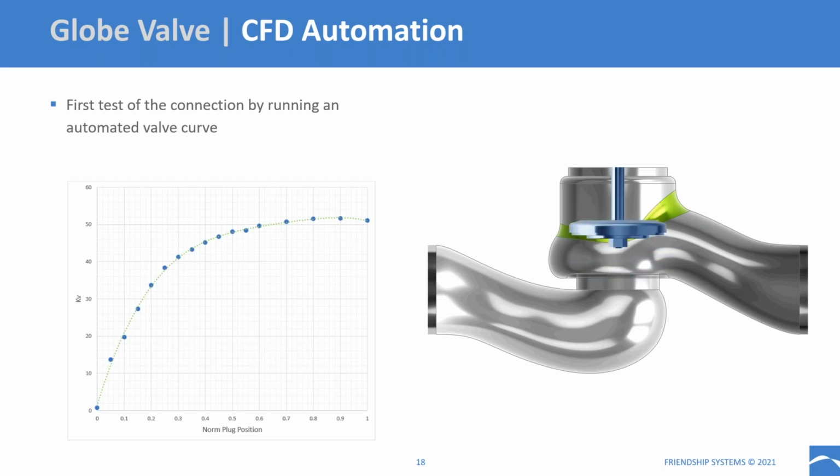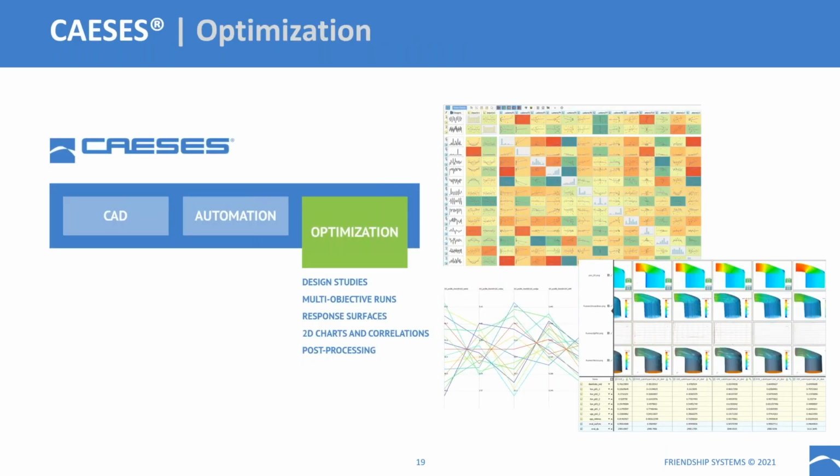And we can see here this is a so-called quick opening valve where you have a steep slope of flow coefficient development, so to say, at the beginning. So this basically proved that the connection between the two tools works. We are able to launch computations in an automated way from within CAESES. Everything is fine and set up so that we can go to the next step in the process, which is